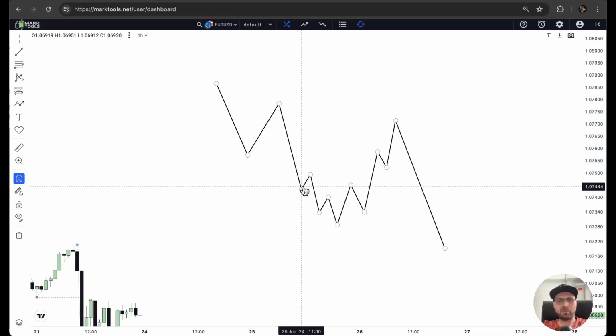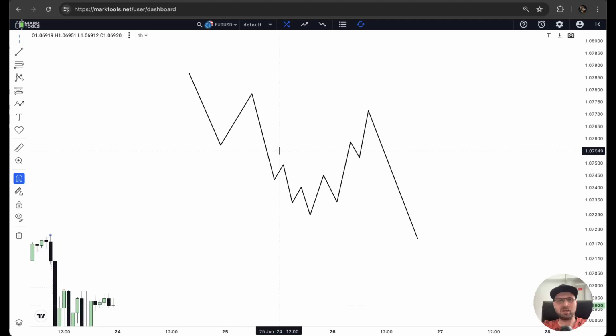Even if you have this kind of pullback, it's not treated as a pullback to this point because it's not significant enough. This significance is detected by our system under the hood. The logic of identifying that significance is pretty complex. I can't just explain it in words here, but it does a job. So it defines this significance, and by that it identifies those pullbacks, either internal pullbacks or swing